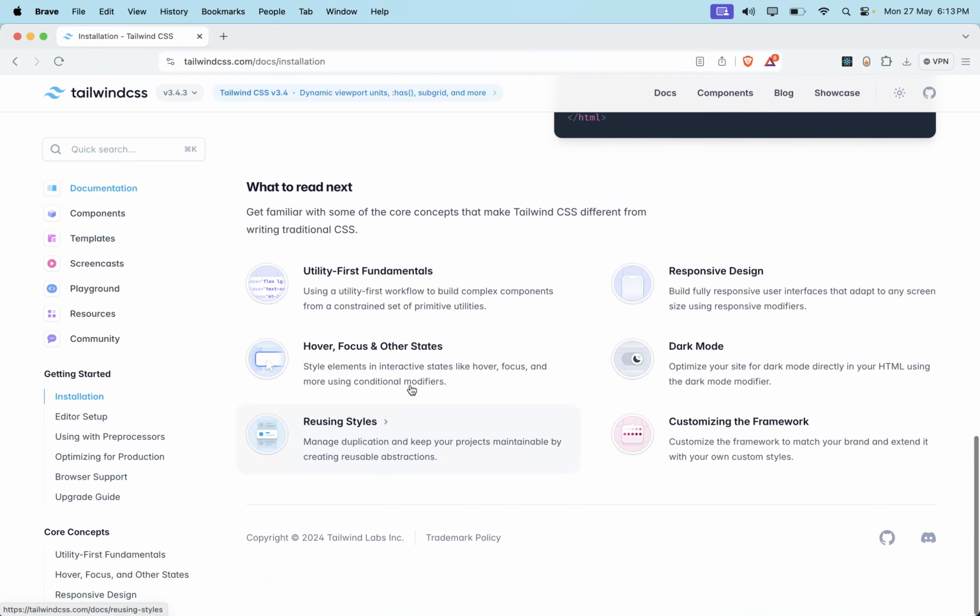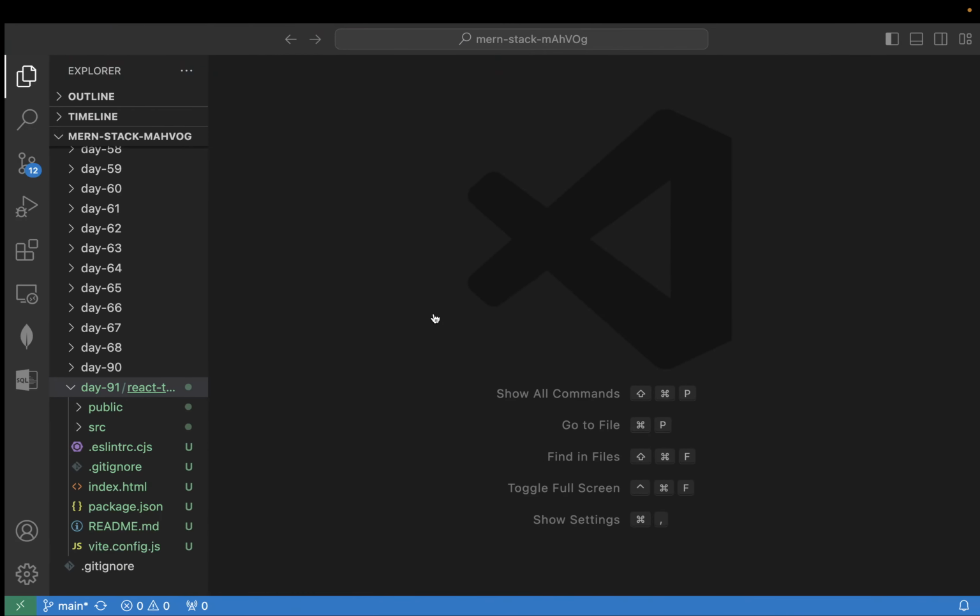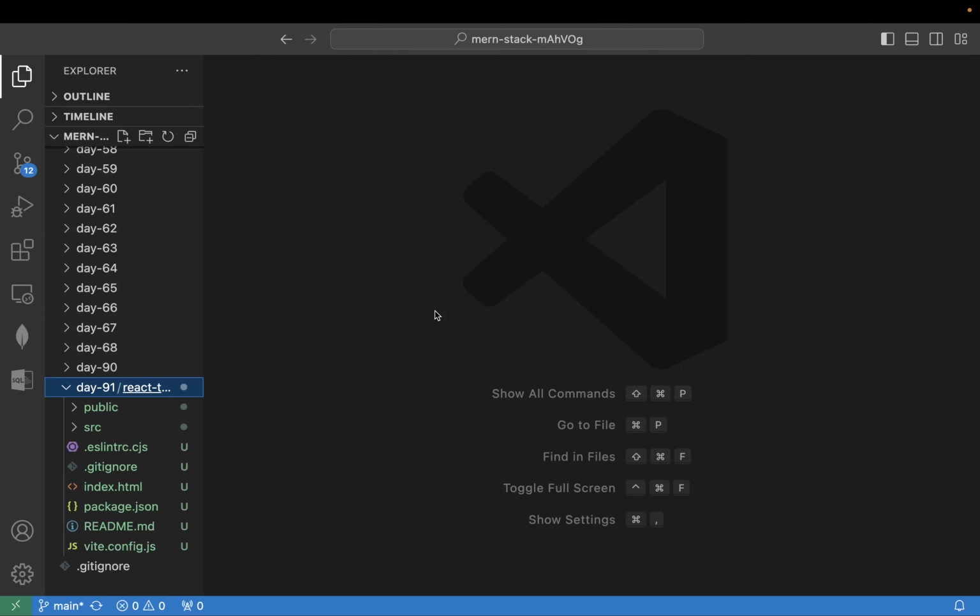So far you were writing a lot of CSS classes just to get started, or just to apply the basic kinds of CSS to your